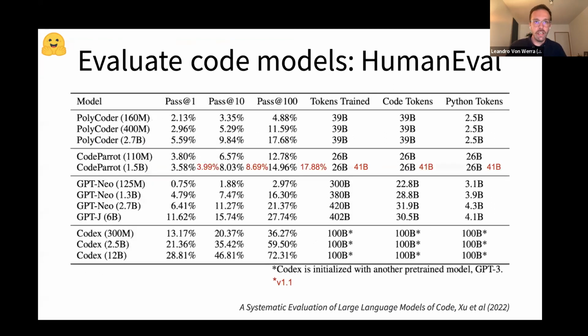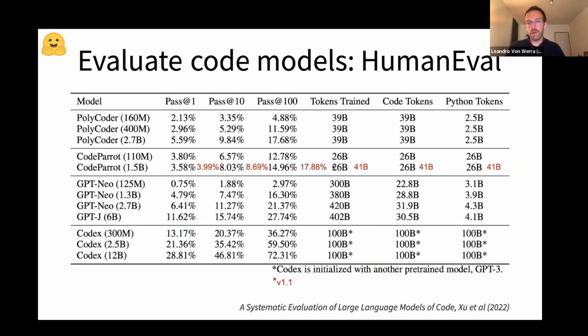And here you can see a few results of different models. So you see the PolyCoder model, you see CodeParrot that we trained in the book. In red, you see a slightly updated version where we trained the model a tiny bit longer than the original one. And you can see that the performance of that model improved. You can also see that we trained for a fairly short amount of time. We trained for